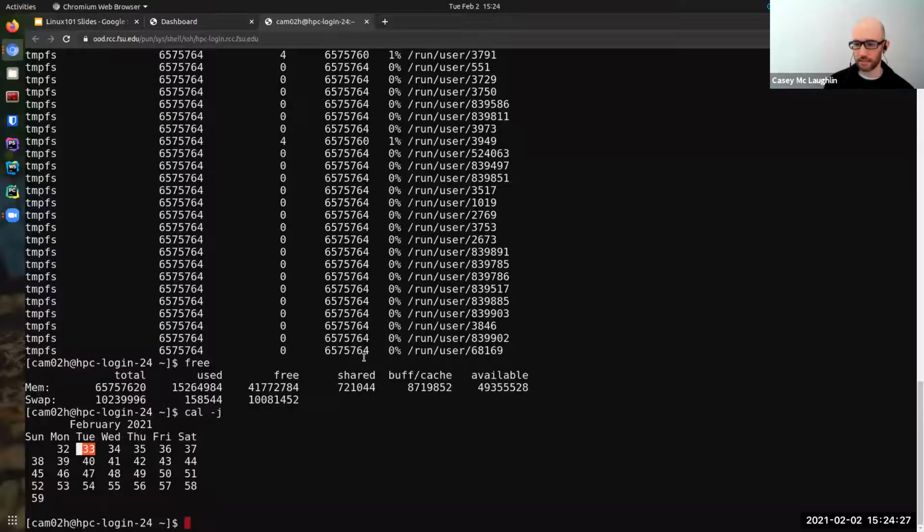date -R, let me see what that does. And I should take a moment here to say date -R is not the same as date -r. Linux is one of the many operating systems that are case sensitive.